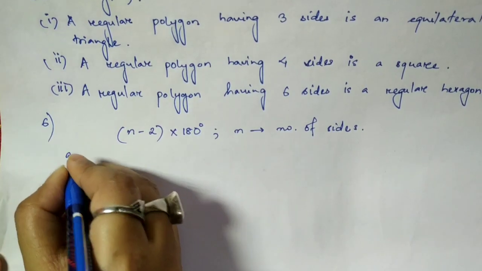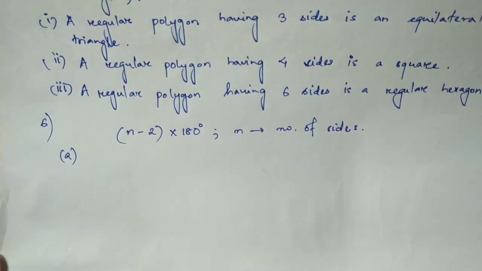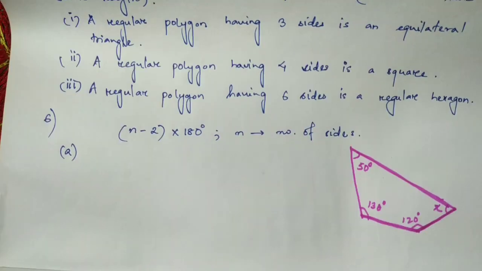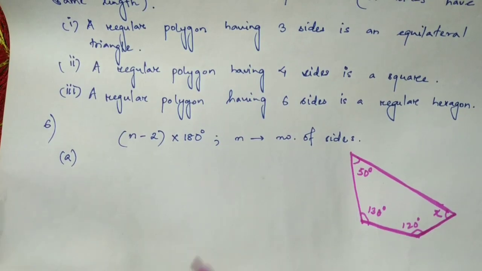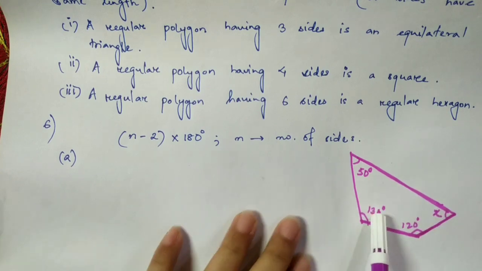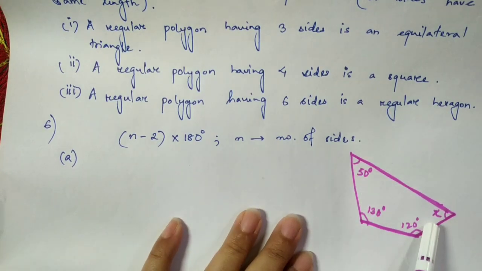So we'll start with question number A. Let me draw the diagram. Now in this case, I might be using a highlighter or a sketch pen. Please use a scale and pencil for this. Any diagram you draw should be drawn with a pencil. Make sure of that. Let us see the diagram given here. For question number A, this is the diagram given. Now you can see the angle measures are given, and one is x here.